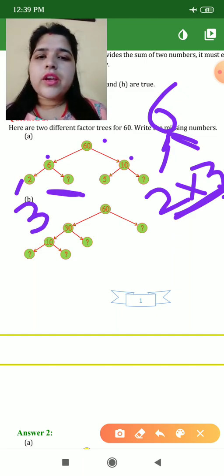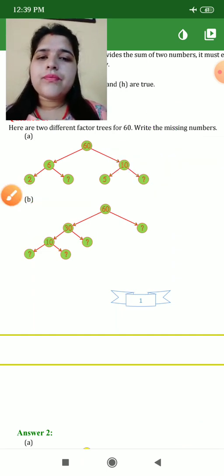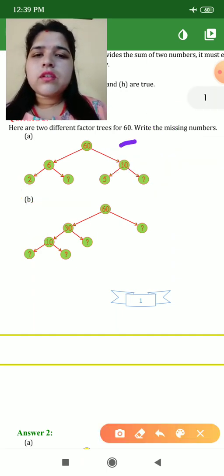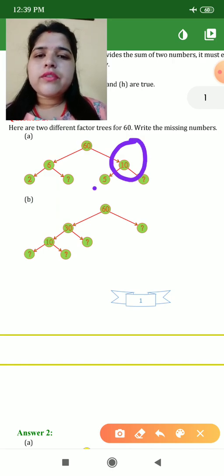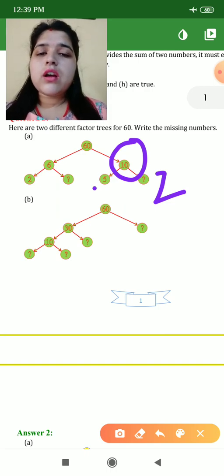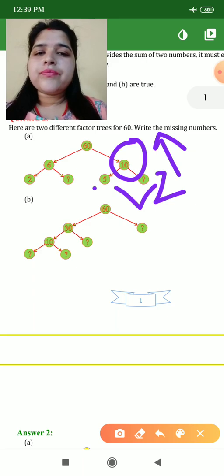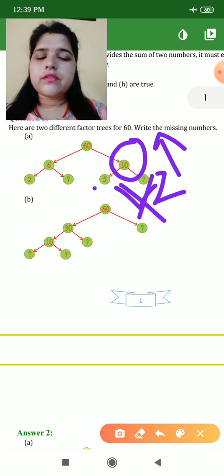Now here is given 10. This 10 is given here. So 5 is given here. What should I write here so that I can get the prime factors for this tree method? I should complete this tree method. See, in the table of 5, 10 goes 2 times. So it means here will come 2. 5 2 ja 10. When you multiply these two numbers, you will get this 10 here.